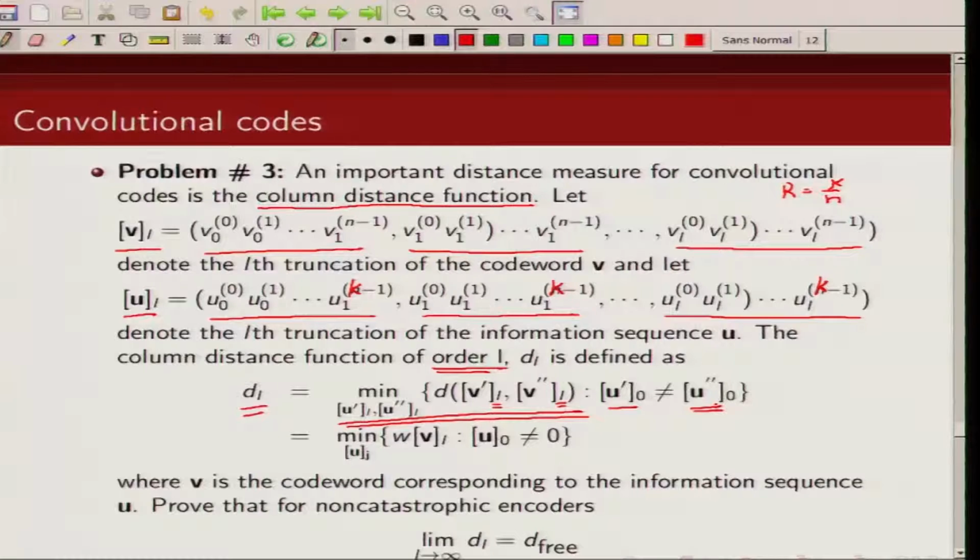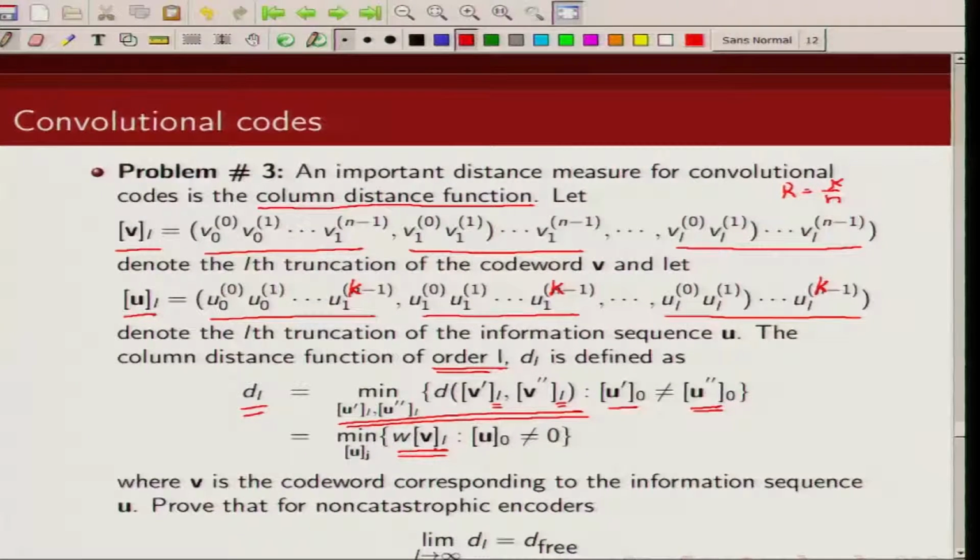So, it's essentially the Hamming distance between two truncated code sequences. Now, we know that the minimum Hamming distance between two sequences can be written as the minimum weight of a non-zero code word. So, the same thing we can write as